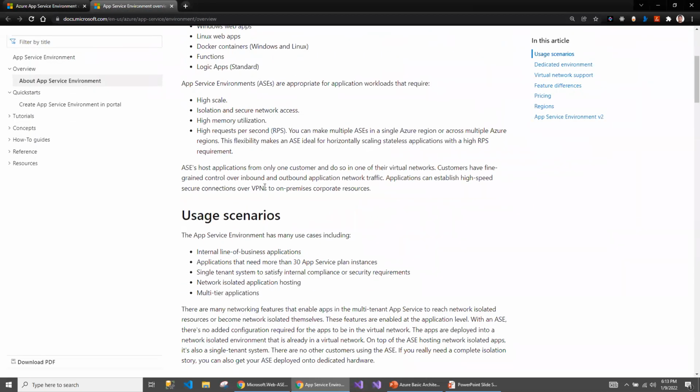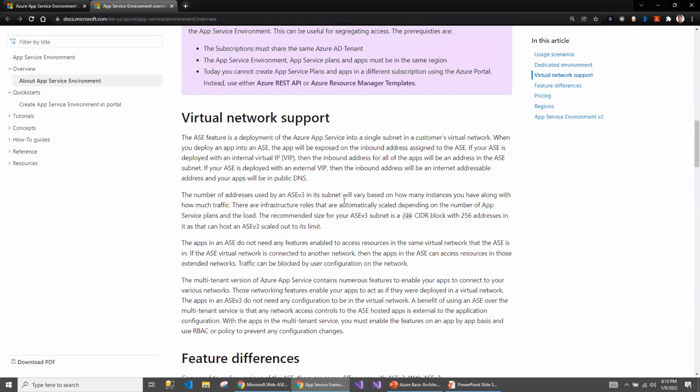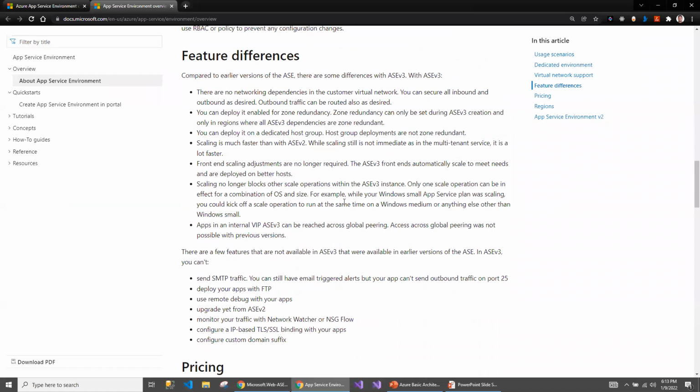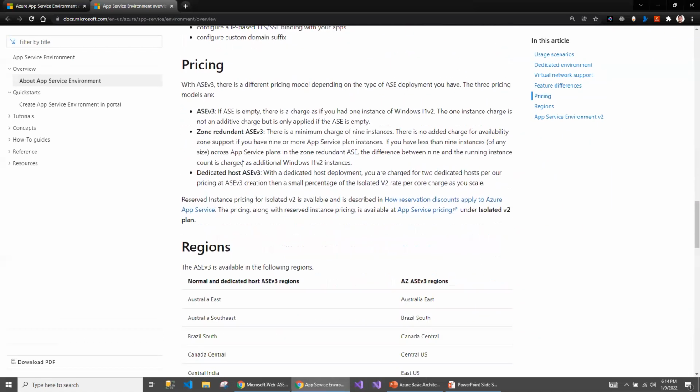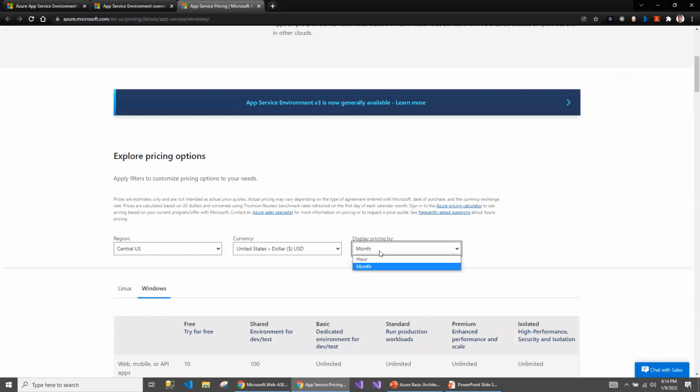It talks about the use cases, virtual network support, some of the differences between V2 and V3, and the pricing tier. The pricing details differ if you are selecting the standard App Service Environment, the zone redundant, or the dedicated host. If you want to go into more detail, you can look at the pricing tier here.